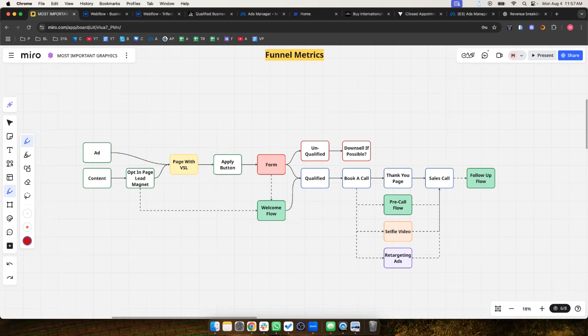They don't have the opt-in page or the sales page with VSL, but they replace that with their Instagram account as a sales page, with their profile and their ads, and then they have a DM sequence as a funnel. What do you think about that?